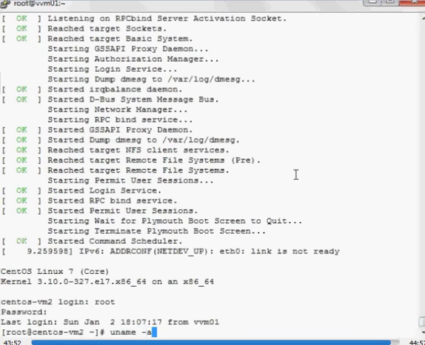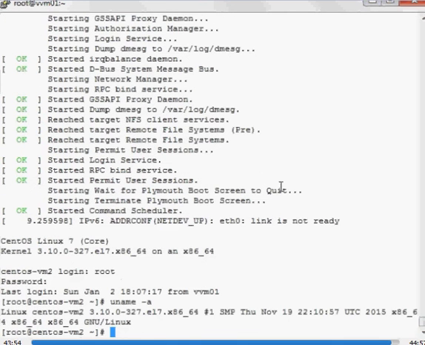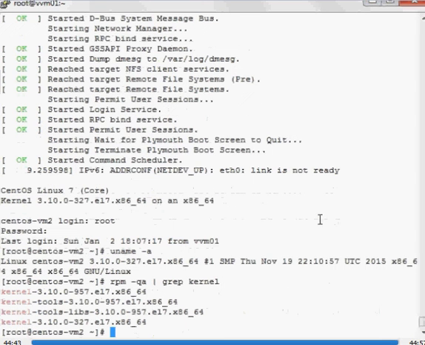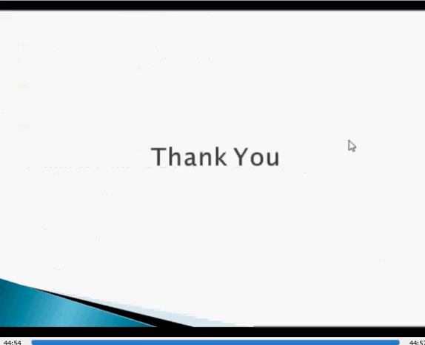Let's check the booting kernel, and let's check the packages also. You can see the new kernel packages are also available. If you want to remove the new kernel, you can perform the same steps which we have done. Thank you.